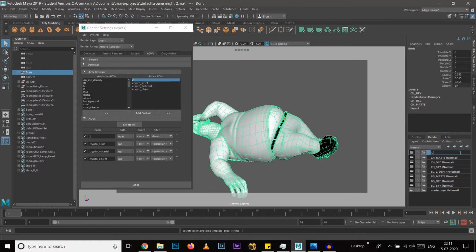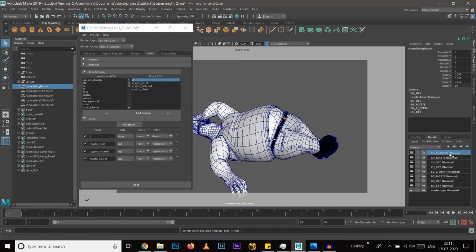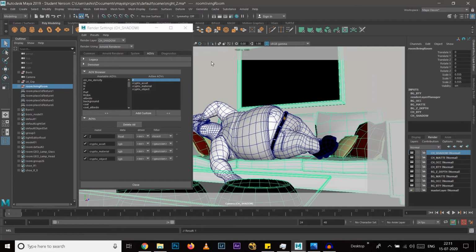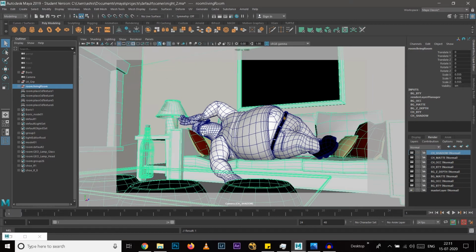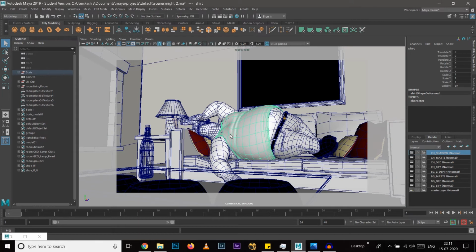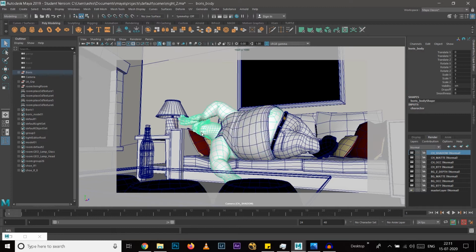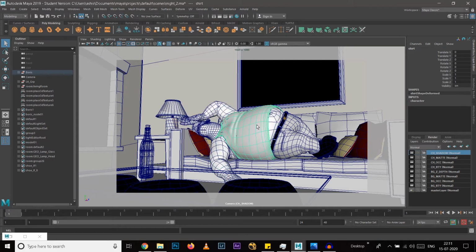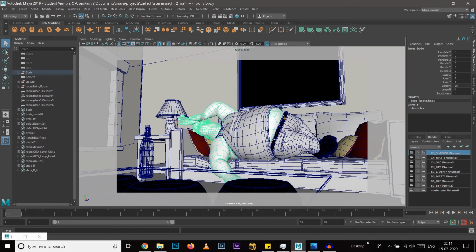I will rename it as character shadow, and in this layer I will add our background also. Now here is a trick. It could be a bit confusing, but we need to understand. What we need is basically that I don't want this character to render. Only shadow should be visible on this sofa. On this sofa, its shadow should come, not this whole character should render along with the background.